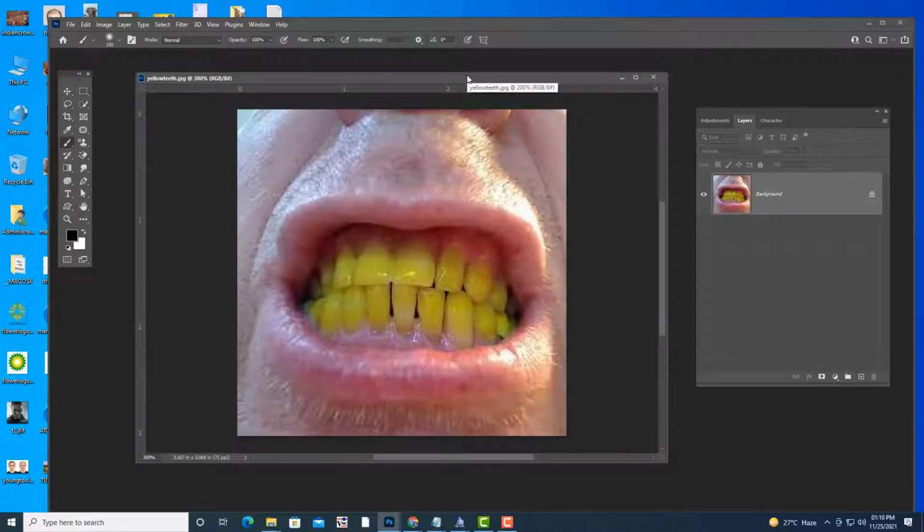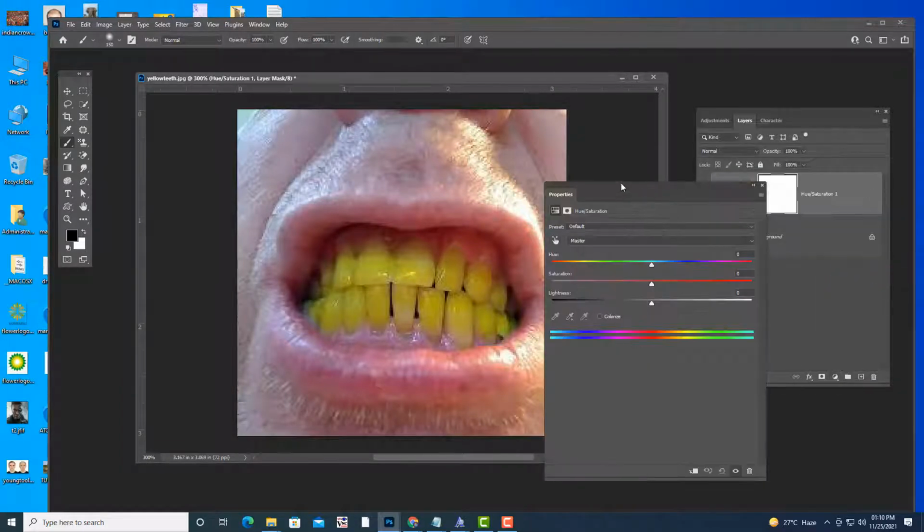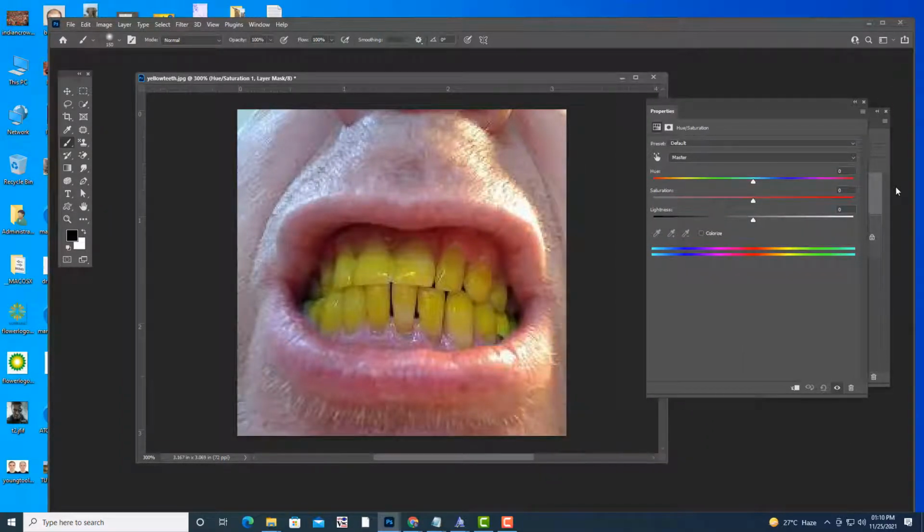See, what we are going to do now, we will make the teeth bright white color. Yellow teeth will turn to pure white color. So how? By using hue and saturation. Simply apply the hue and saturation. First we have to tell this dialog box what color we are going to change.